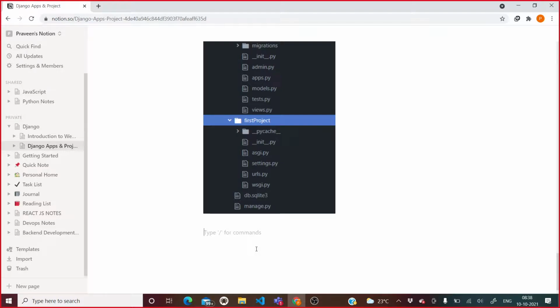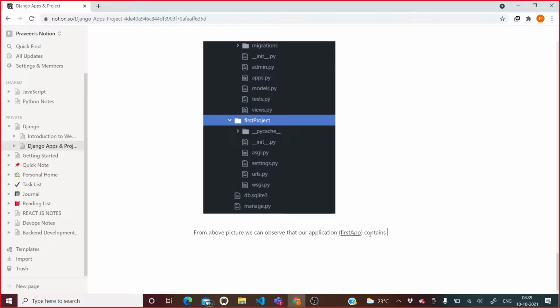From our picture, we can observe that our application, first app, contains how many files?